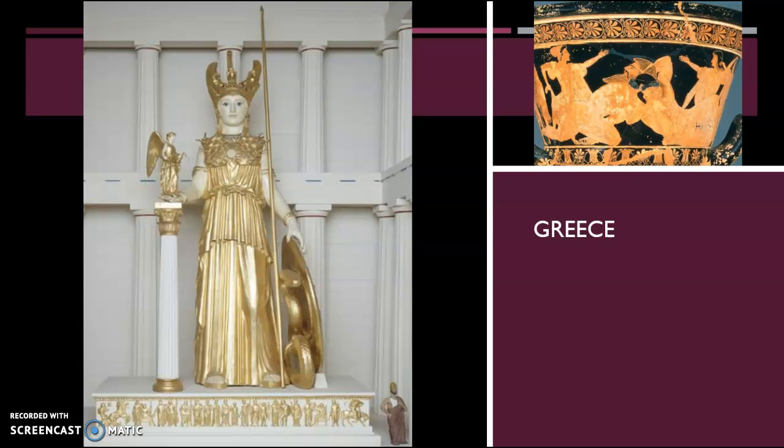In Greece, major parts of their religion included the retelling of myths and stories about the gods and goddesses and the heroes. One example shown on the right is the painted vase, which is a very popular piece of Greek art. This vase depicts Hercules wrestling Antinous. Antinous was half giant and half god, and Hercules was half god, half human.